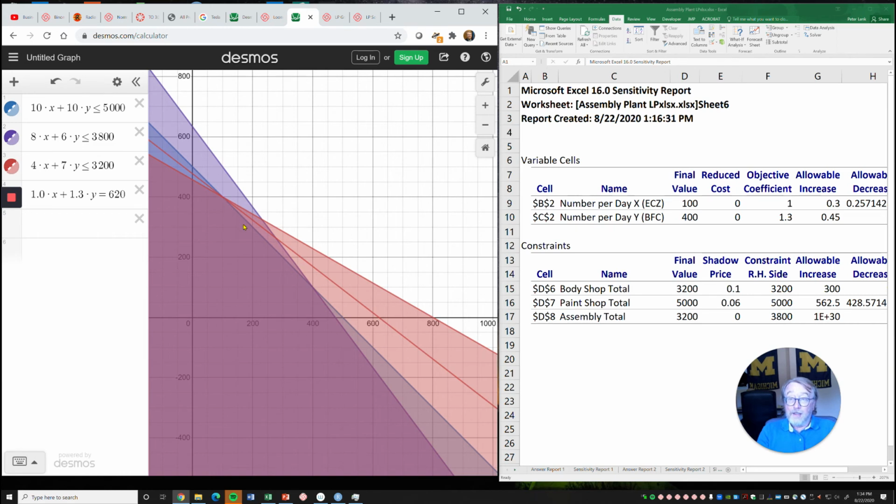One last thing, the shadow price for assembly is 0 because I already have assembly slack, and so if I add an additional hour of assembly time, I'm not going to use it, and so the contribution will be 0. Okay, so the shadow price is a very important concept, not only for doing this kind of technical